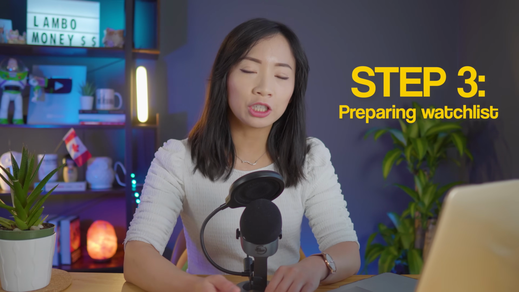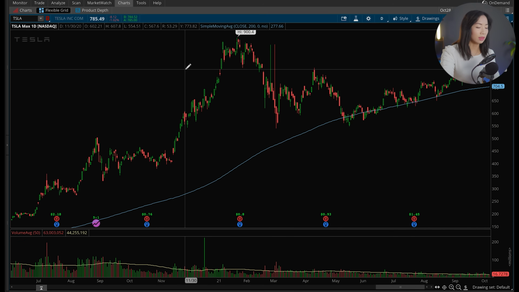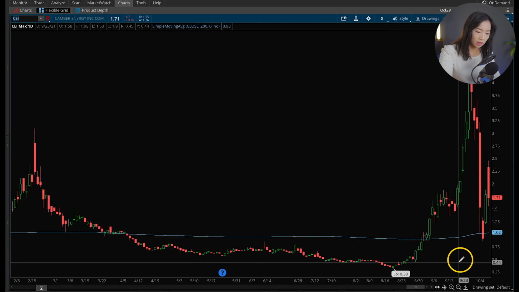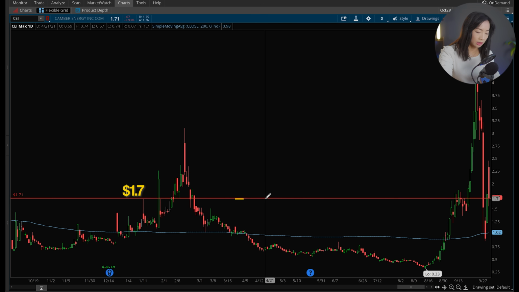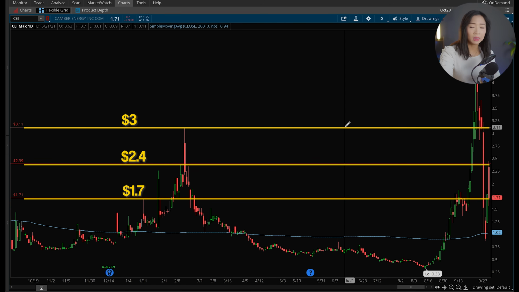So now that we've selected the 3 stocks we want to focus on and further analyze, it's time for step number 3, which is preparing for watch lists on our broker platforms. So now that we're on my broker platform, you can see I'm using Thinkorswim as a demo. So the first stock we're going to look at is CEI. You can see this thing came all the way from 50 cents, and once it broke above a lot of resistance up here at all the wicks up here, you can see some resistance at 170 and 240s, and also later $3, this thing just took off almost to $5.